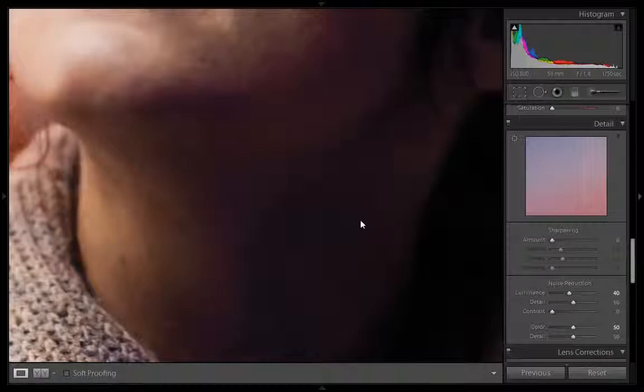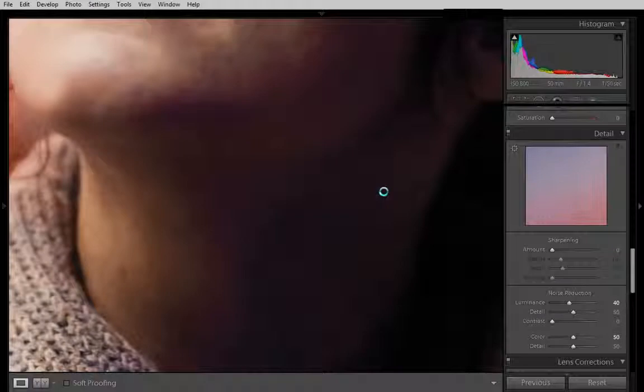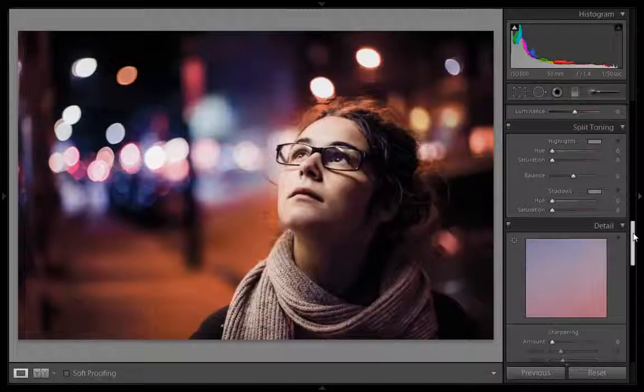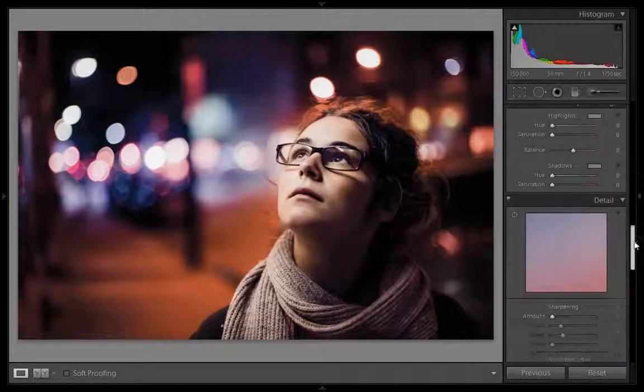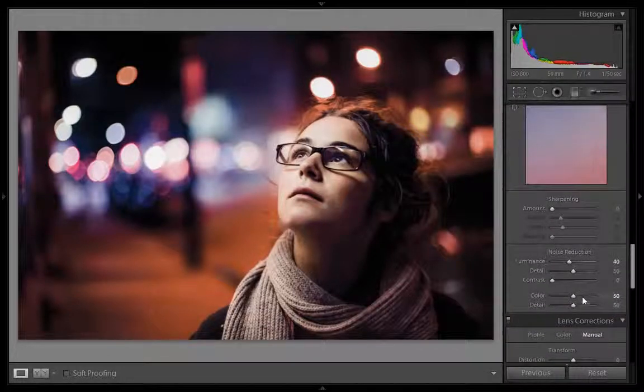It takes time to apply this effect to the image, so it is taking a little bit of time. So I have set the color noise to 50, and the noise reduction to 40